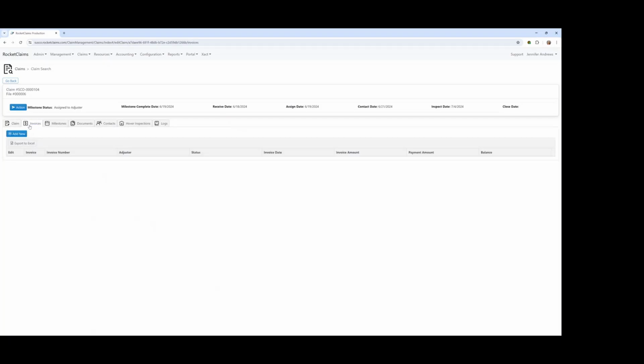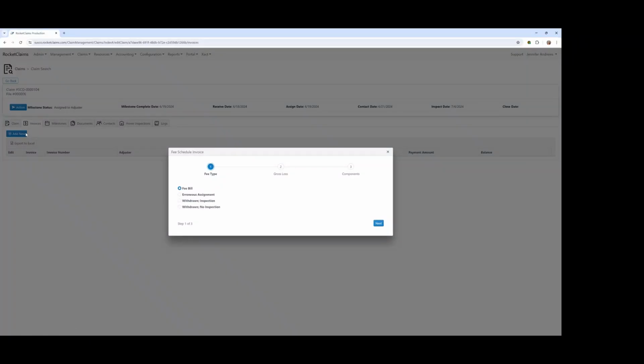The next tab is going to be all the invoices associated with the claim. They would be listed here. If you wanted to add a new invoice, you could do that here as well. Adding a new invoice will walk you through this wizard that is based off of what you put in your fee schedule. In this case, the fee schedule had the opportunity to do a fee bill or 3 separate